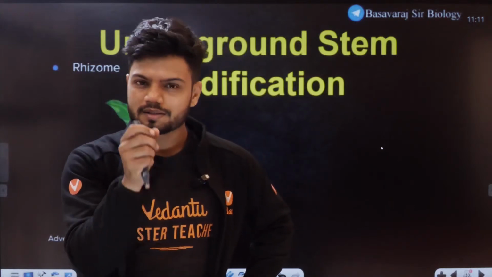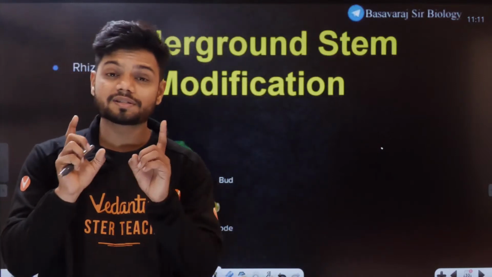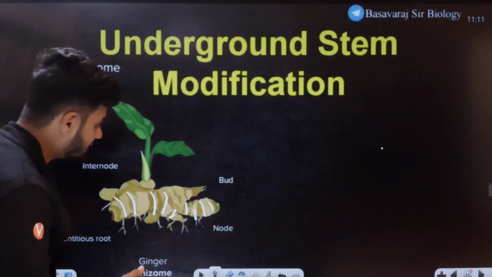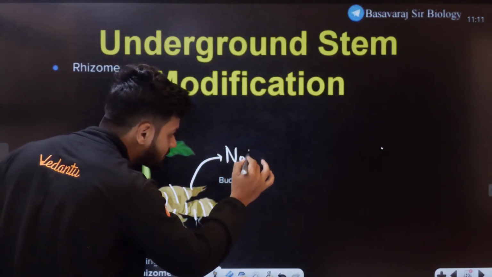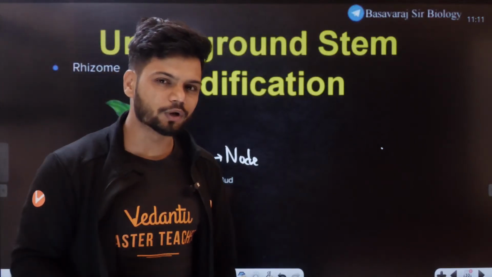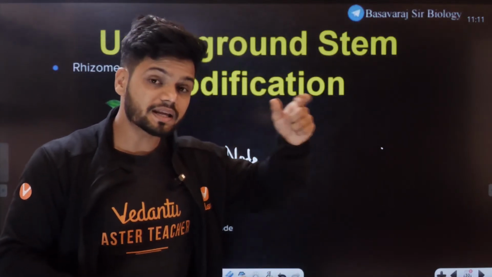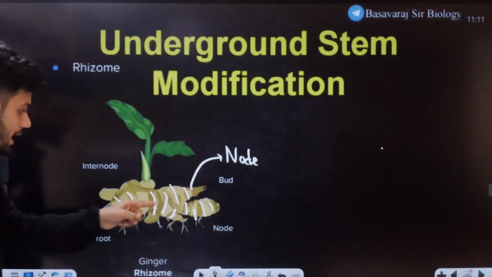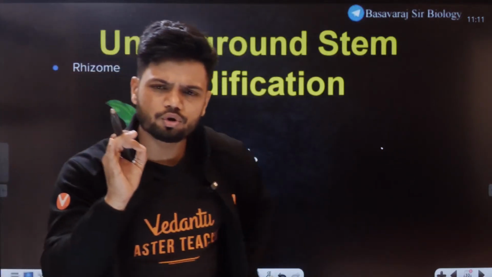do you think a stem has node and internode? Students, tell me in the chat. Do you think a stem has node and internode? Yes, it does. So these lines right here, students, lines on the ginger are nothing but the nodes. Is everything connecting to you now? We learned that stem has a node and internode. Ginger is a stem, horizontal stem, underground stem, and it has node and internode. Now, from these nodal regions,